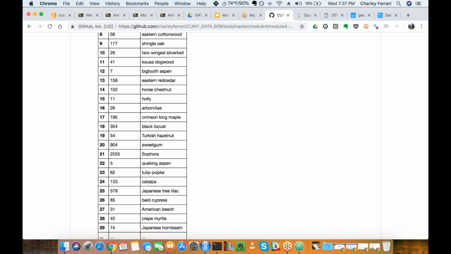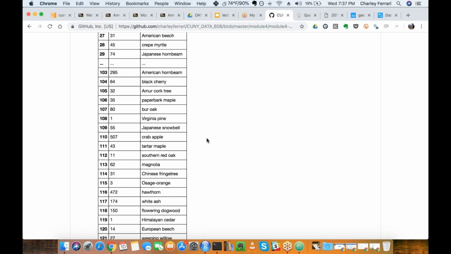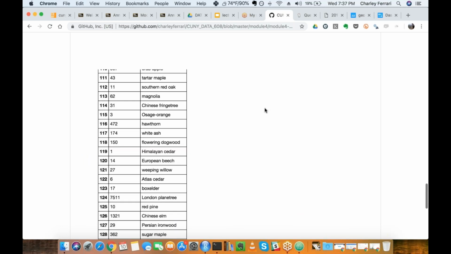Web apps aren't really built for that. When you're working in RStudio or a Jupyter notebook, you're really used to strong-arming the data. You're used to, I just want to bring in the whole CSV and do whatever I need to in memory, assuming it's not billions of rows. And you'll be pretty successful working with it that way. But here, you'll need to do this to build your web apps.